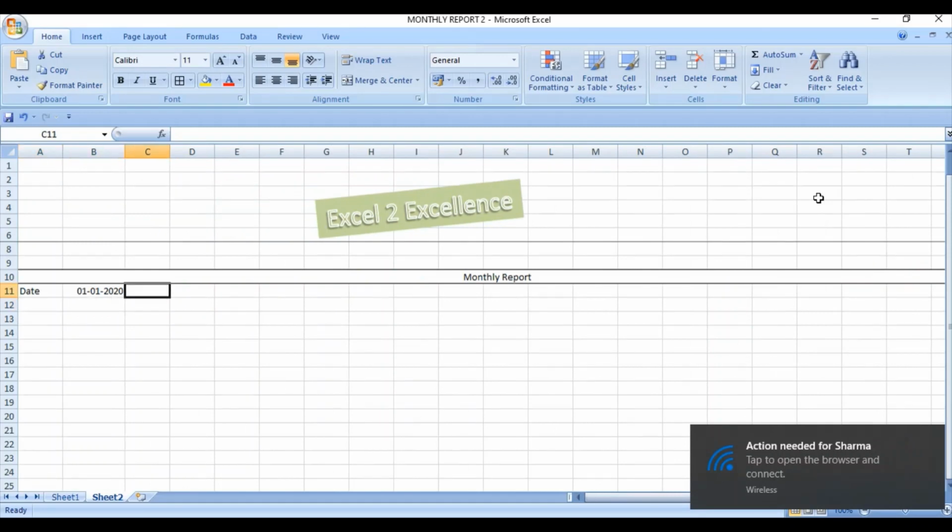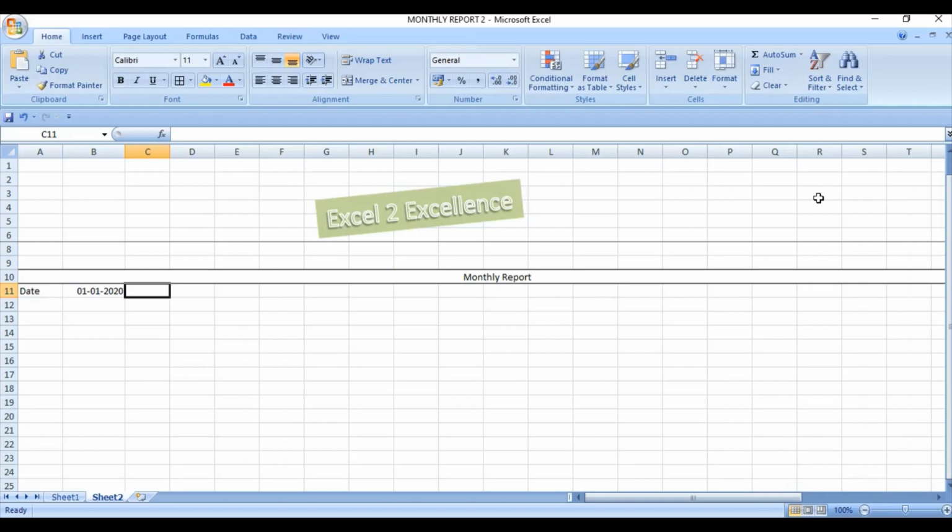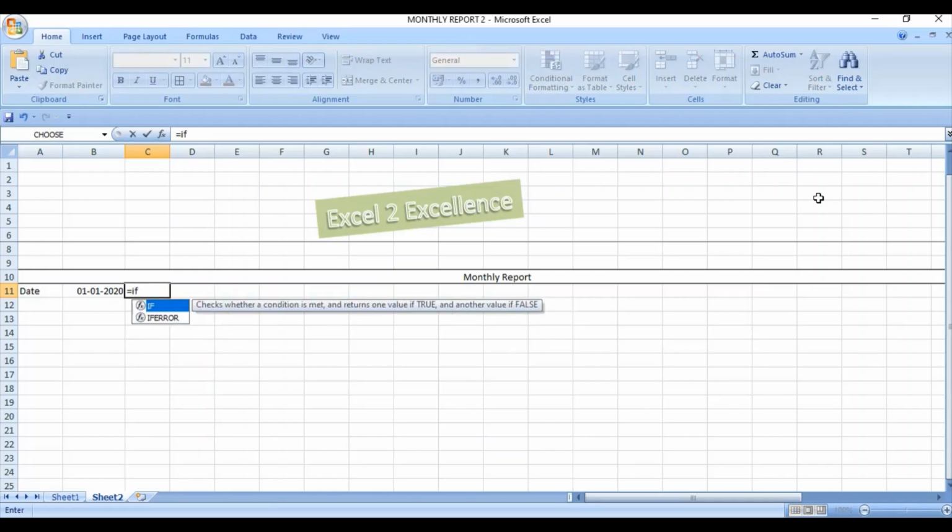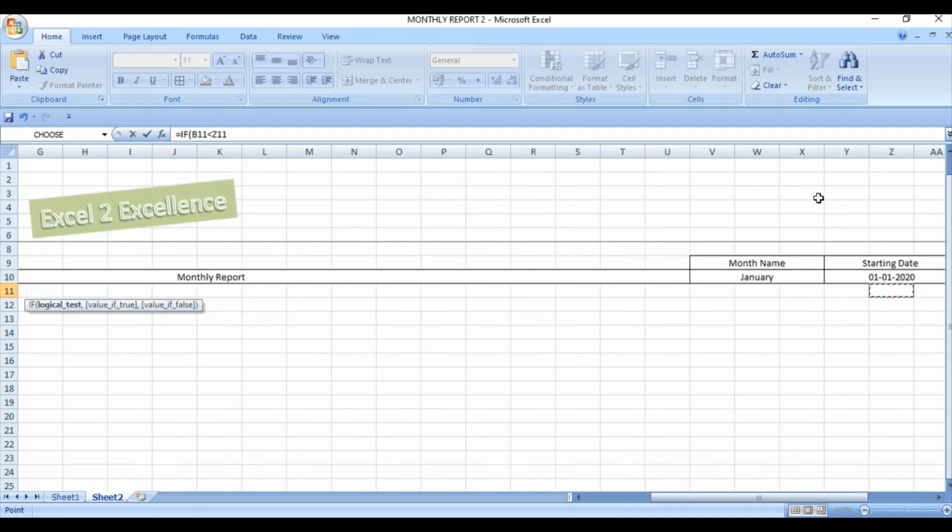But the second date we will determine with the help of a logical function. The IF function is very helpful at this point, so write here IF, and our test criterion is that the beginning date of the month should always be lesser than the closing date. So this is our beginning date, press the lesser than sign, and this is our ending date.